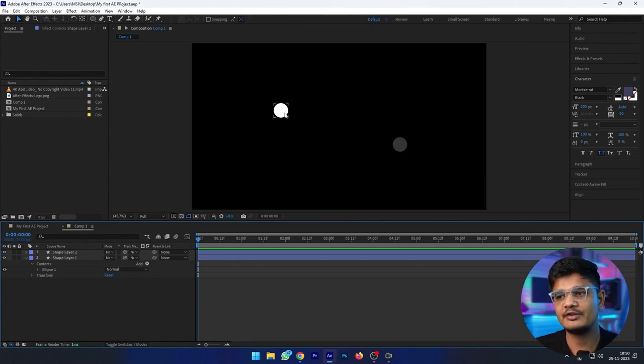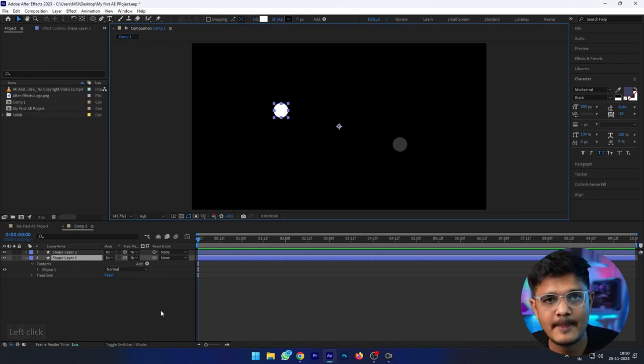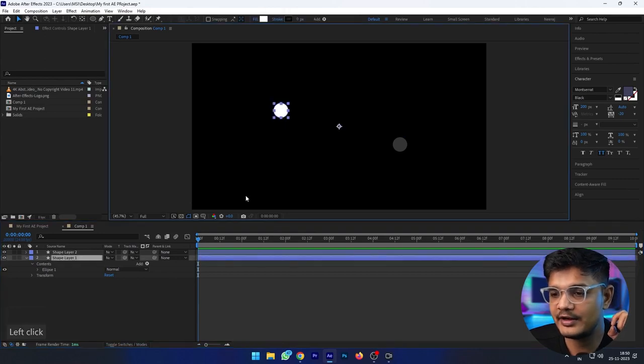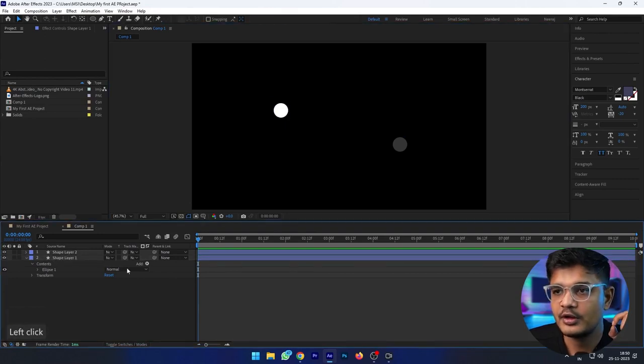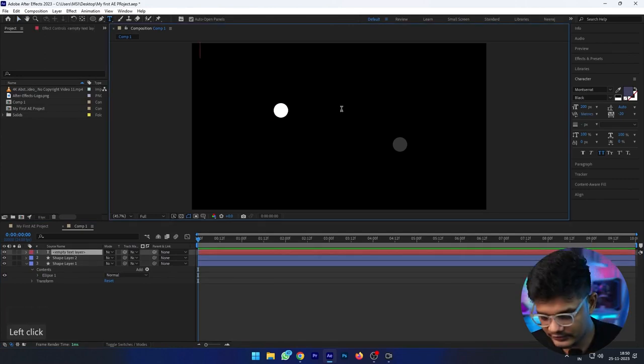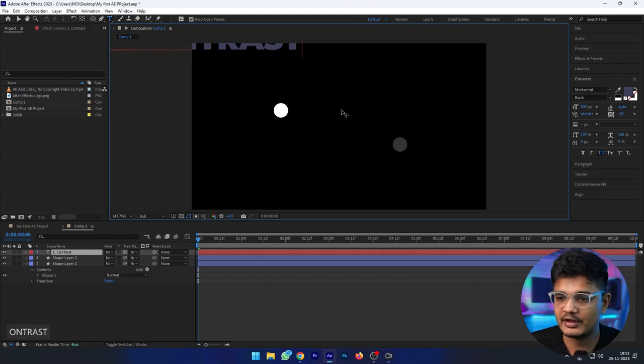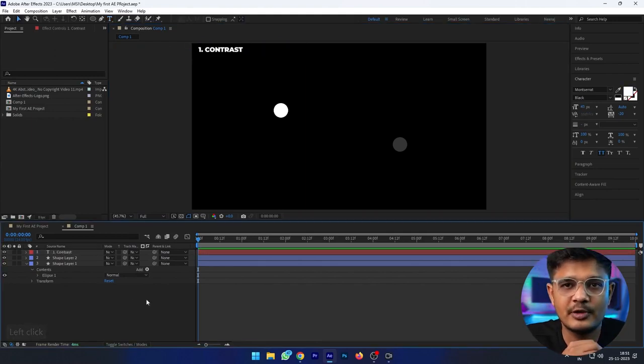I'm sure you have seen this circle first. Why? Because of contrast. Design hierarchy means what you will see first in the design. So you are seeing this because of contrast. Contrast is the first principle of design.